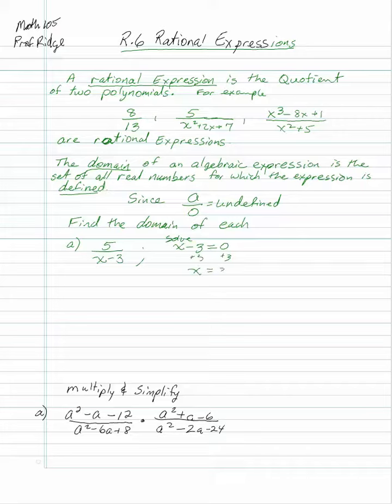So x can't be 3. Alright, so it can't be in the domain. Okay, it's not allowed. So the domain is everything but 3. So we'll go negative infinity to 3, union 3 to infinity. Alright? If you had an expression like this,